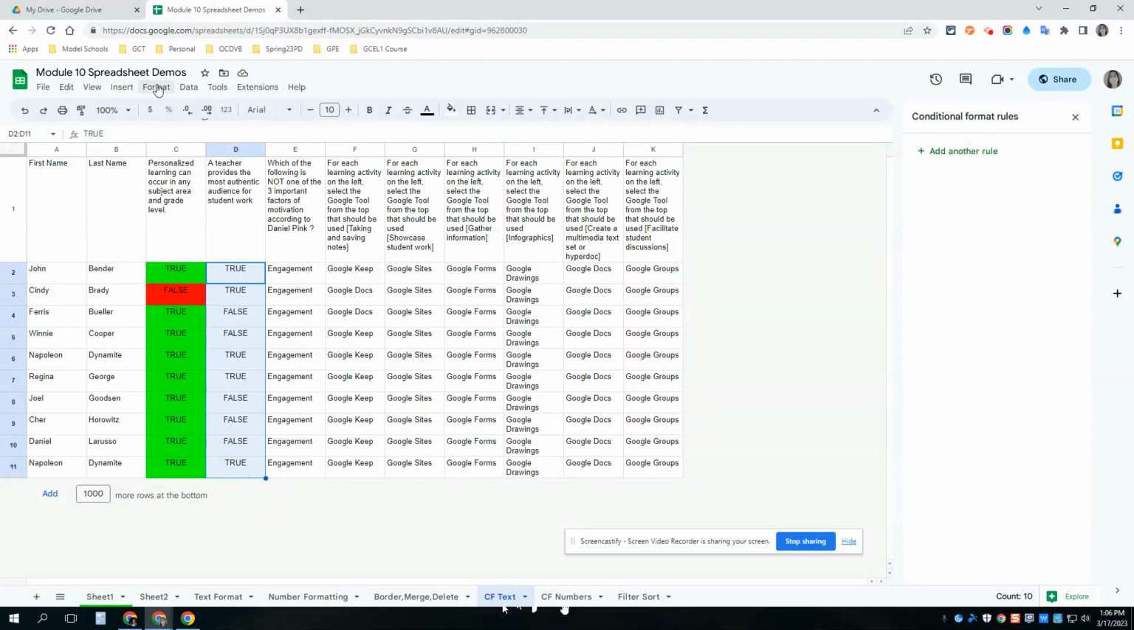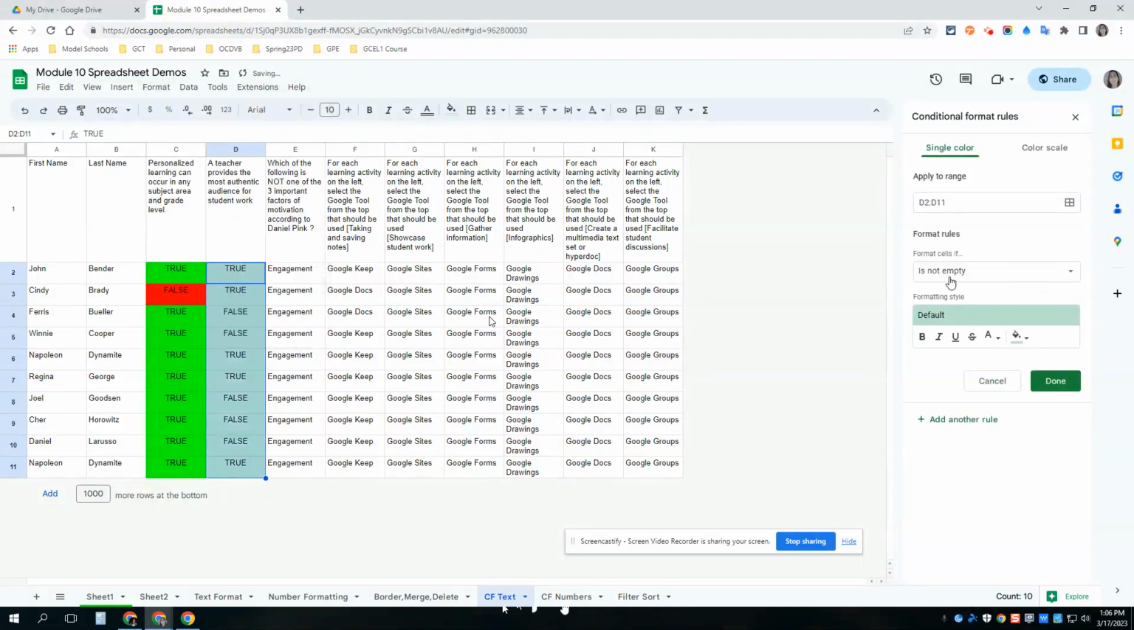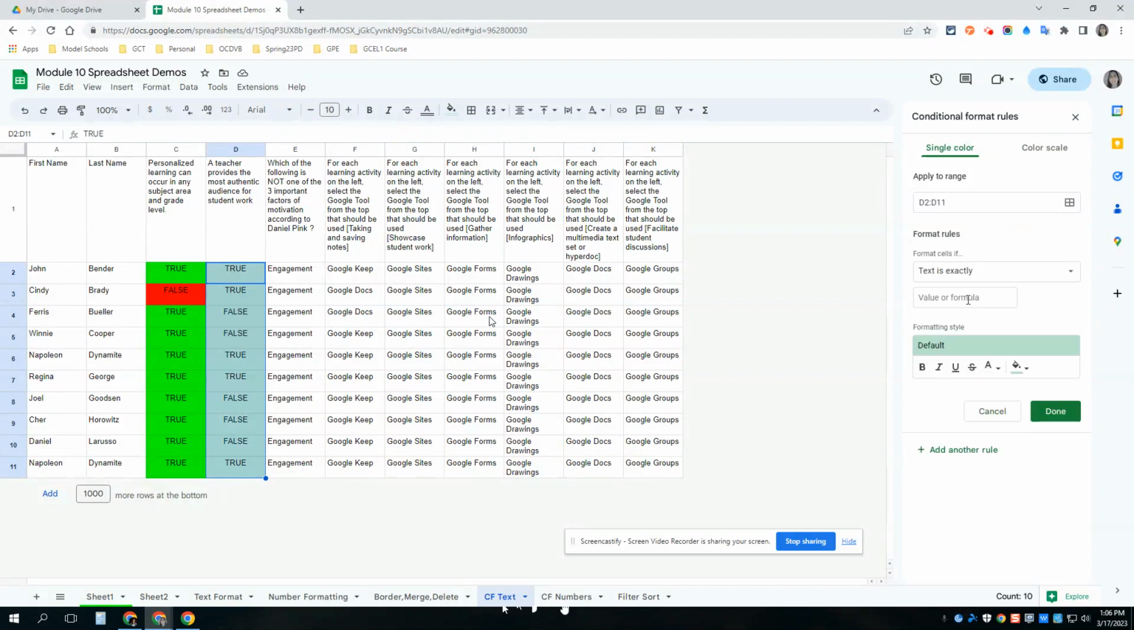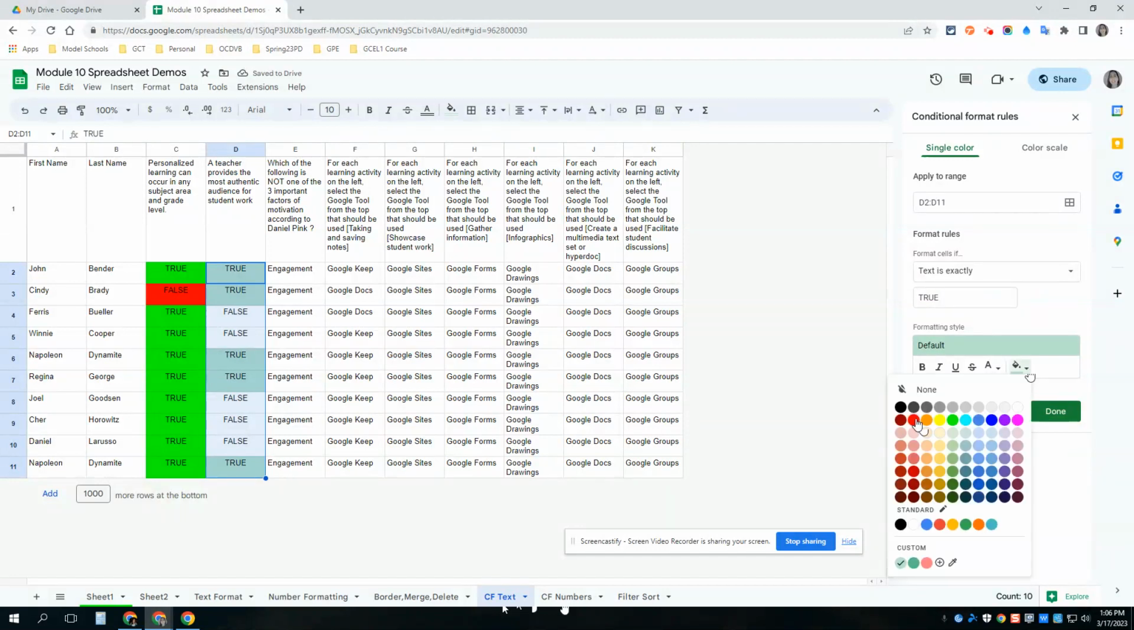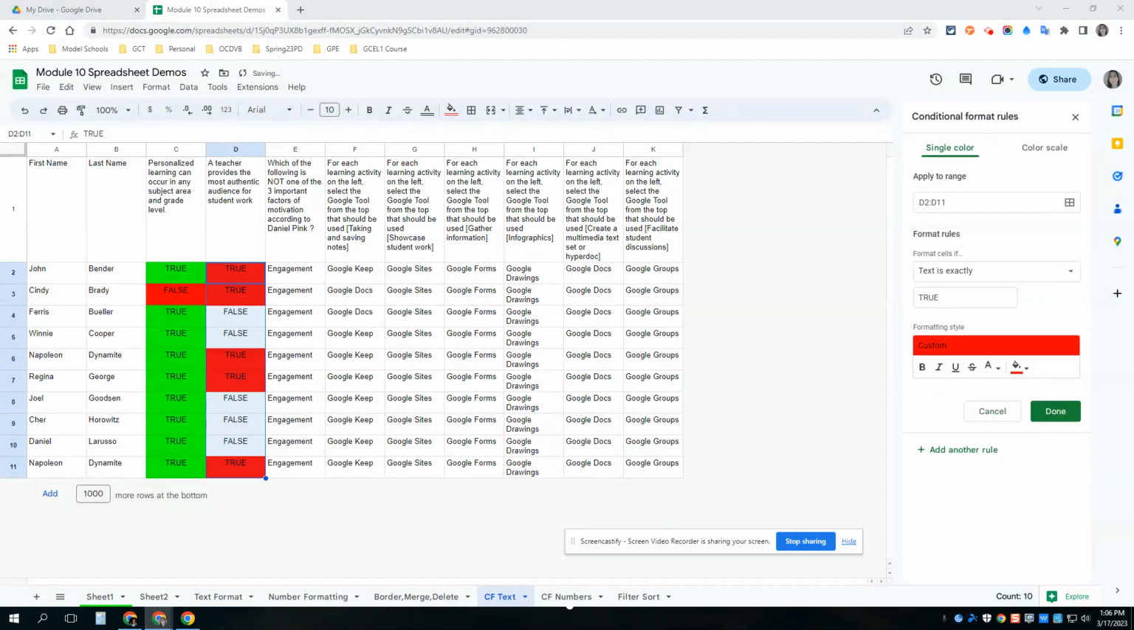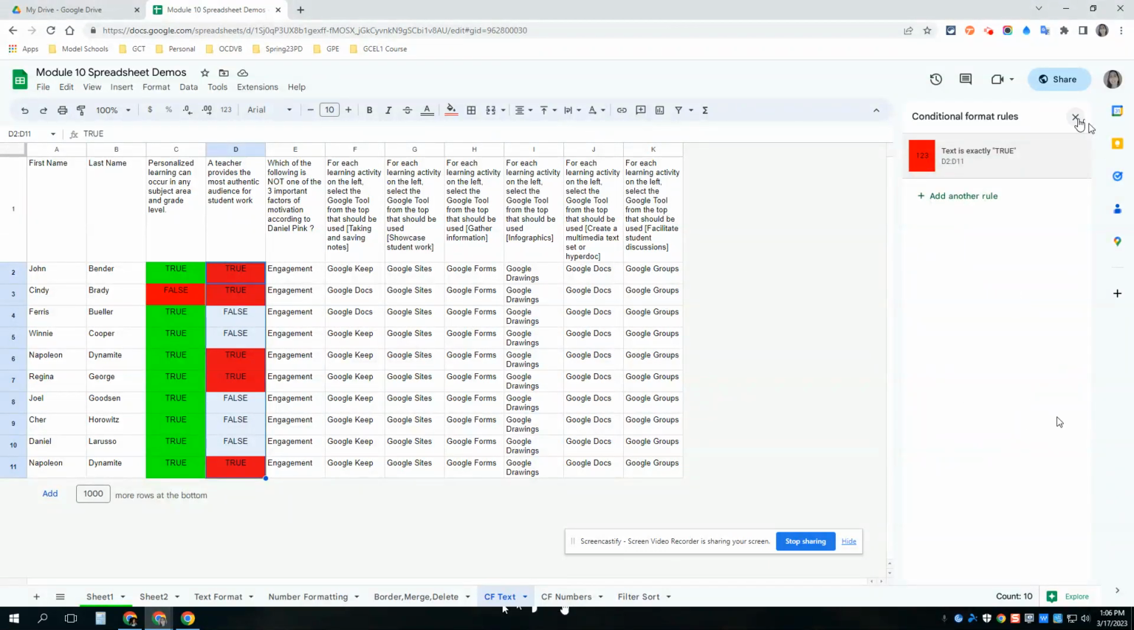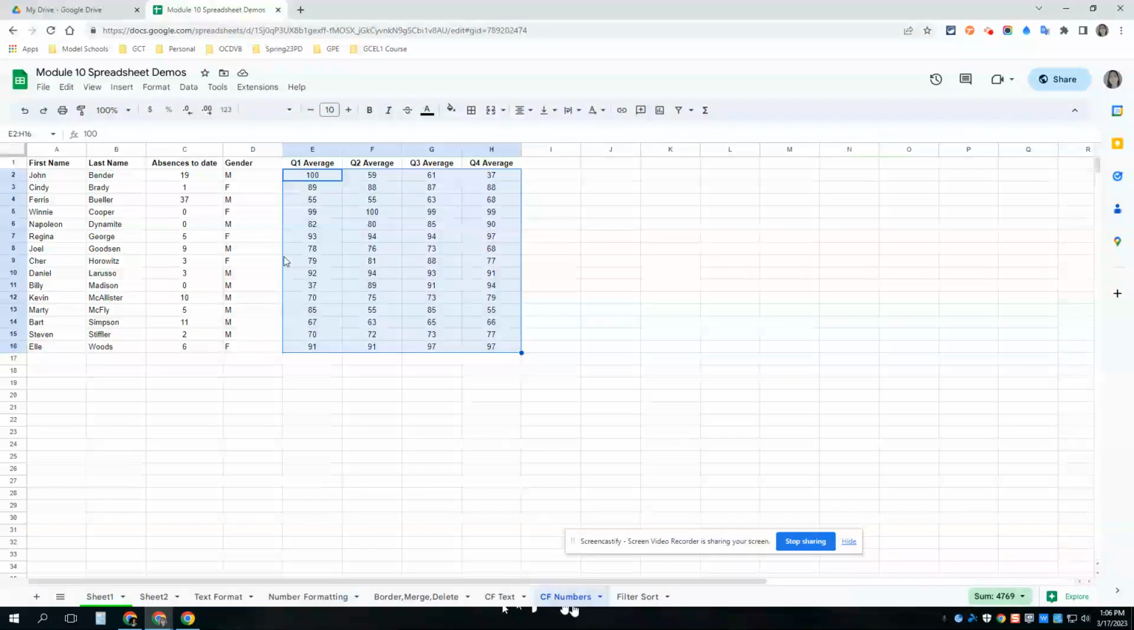Now let me go to this question. The answer here is false. So I'm going to add another rule here. I can go to Format, Conditional Formatting. And here, if they put true, that would be incorrect. So I applied that color code to it so I can more easily spot the questions that our students are having difficulty with. Right now for numbers, here I have quarterly averages for students,